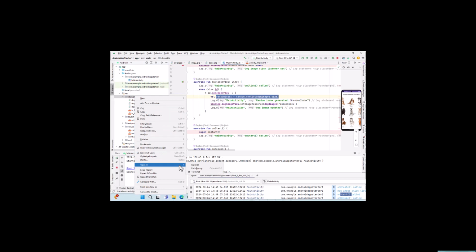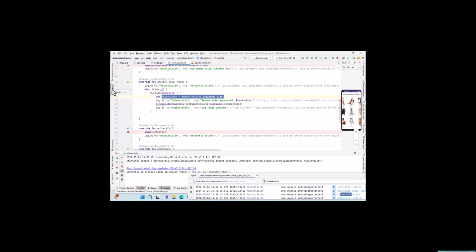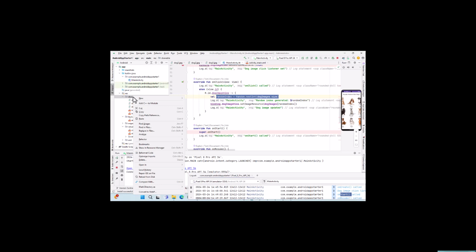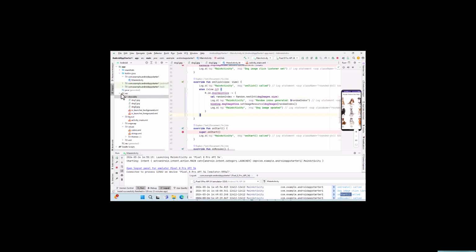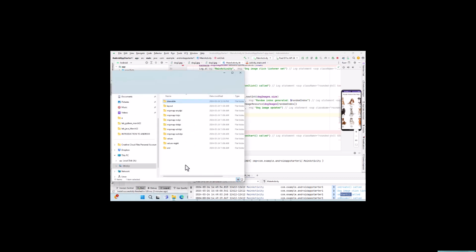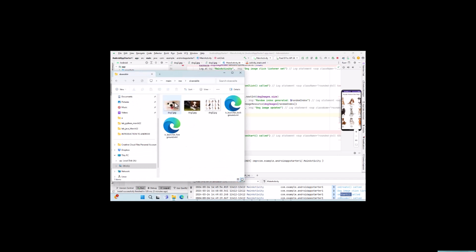And if you want to get more images there, you can go to your project view. You can right click on any folder. You could actually just go in your Windows Explorer as well, or your Mac Explorer. You don't need to do it here, but since you're already here, right click, open in Explorer, and there are my dog images right there, and you could go and put other stuff there as well. Right, so the key point here is drop images into your drawable and then practice debugging this code